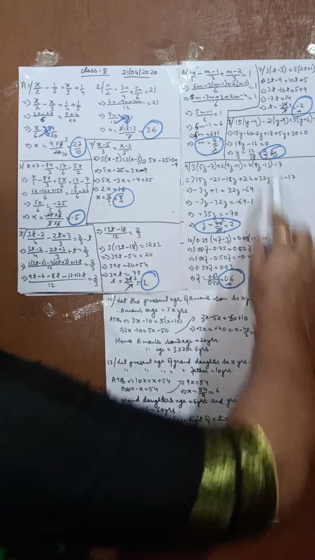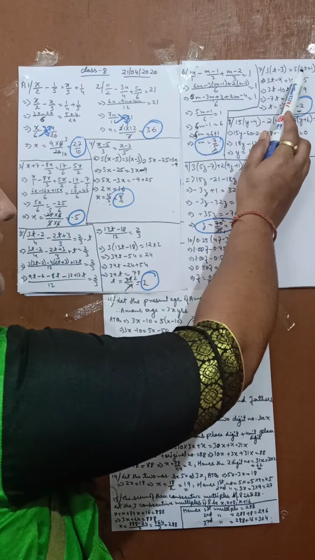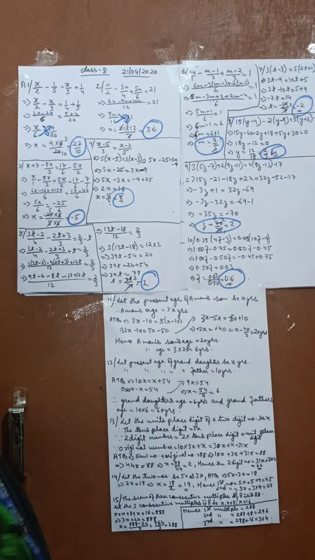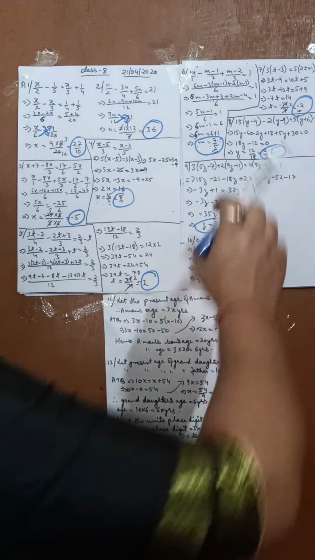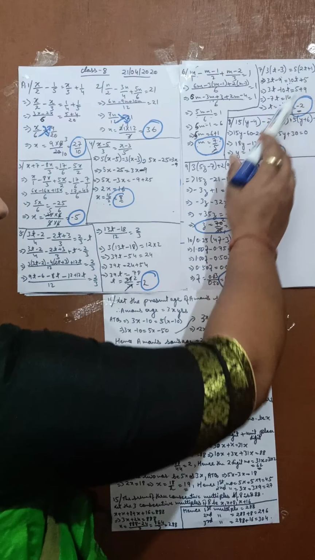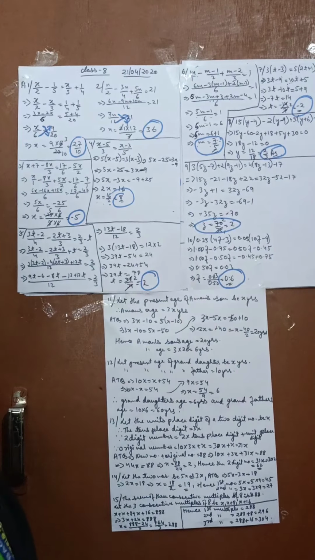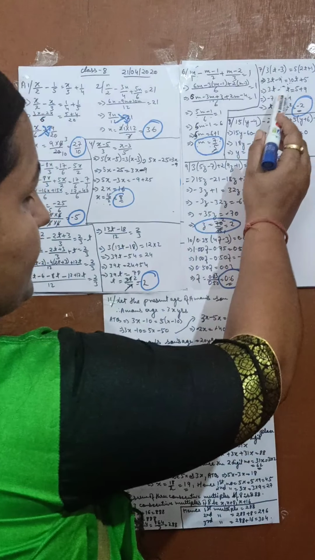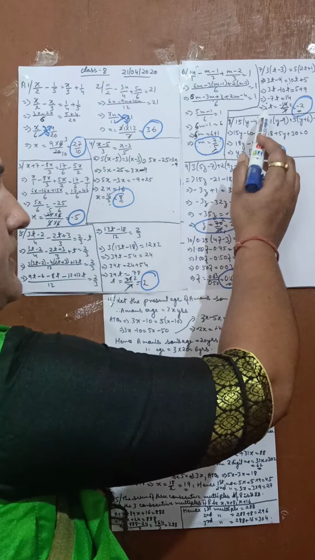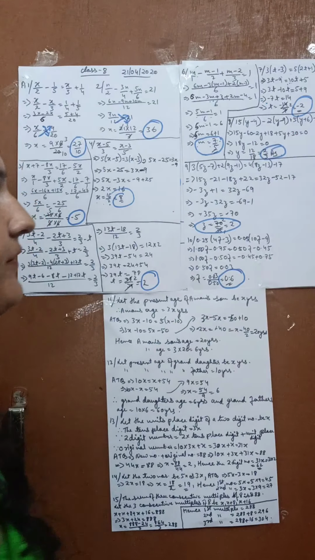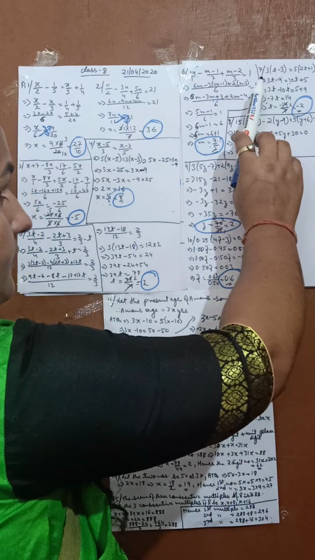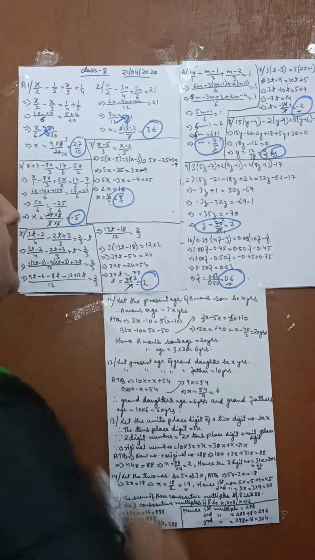7 is 3 into t minus 3 is equal to 5 into 2t plus 1. So we'll open the bracket by multiplying the numbers. So 3t minus 9 is equal to 10t plus 5. So we'll keep the t values together. So after solving the t values, we are getting minus 7t is equal to 14. So t is equal to minus 14 by 7, that is minus 2. So the value of question number 7 is minus 2.